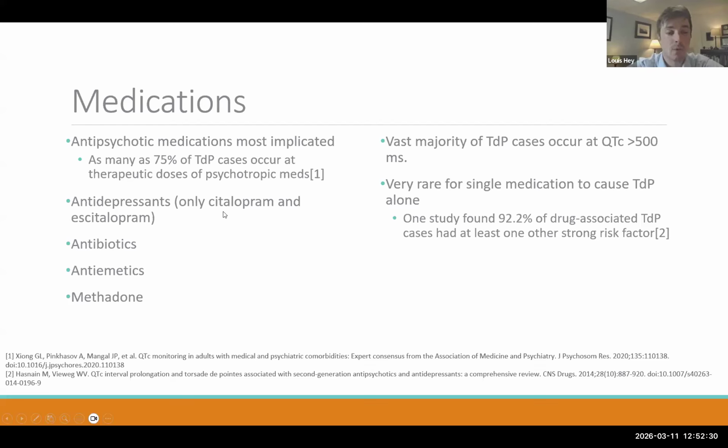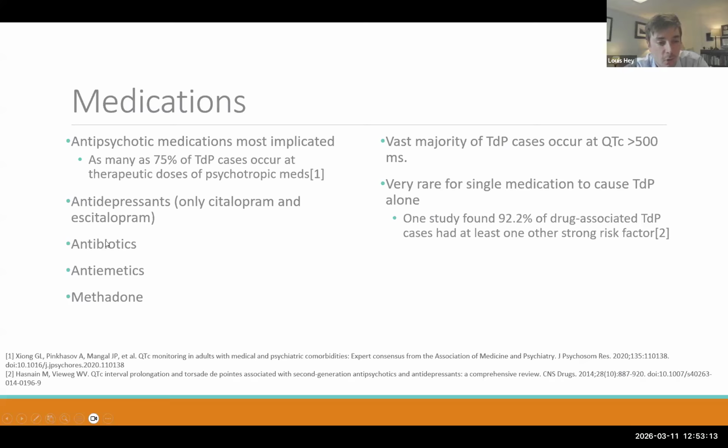Antidepressants, but only some of the SSRIs, I should say, only citalopram and escitalopram. It does not appear to be a class effect of SSRIs. It is truly those, and that's why you'll see, on UpToDate or Lexicomp, where you look for dosing, escitalopram maxes out at 20 or 40, but then they say rarely, clinicians go as high as 60. That's where that recommendation came from. We used to use citalopram and escitalopram at higher doses, and the problem they ran into was QTC prolongation. So it is good to know that if you have a patient with a normal low QTC, you can push the doses of citalopram and escitalopram a little bit higher.